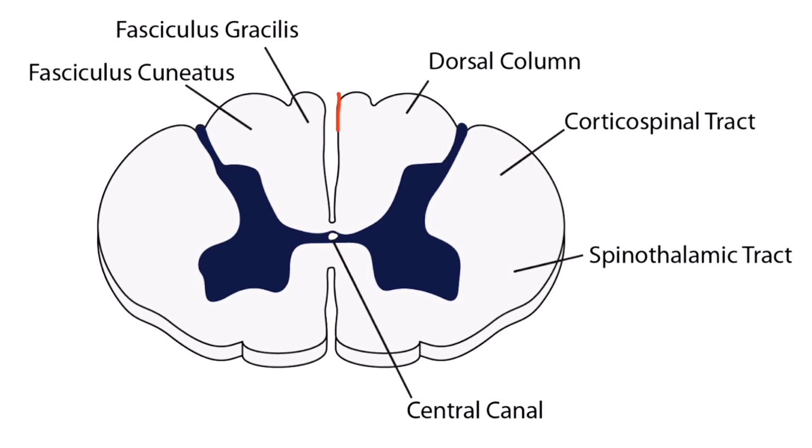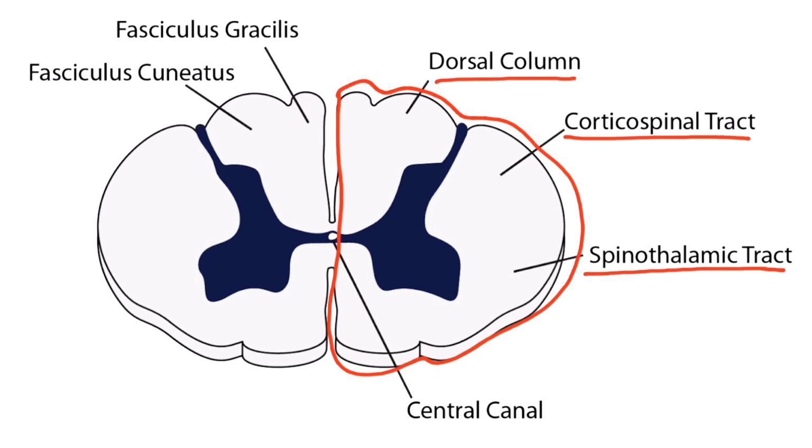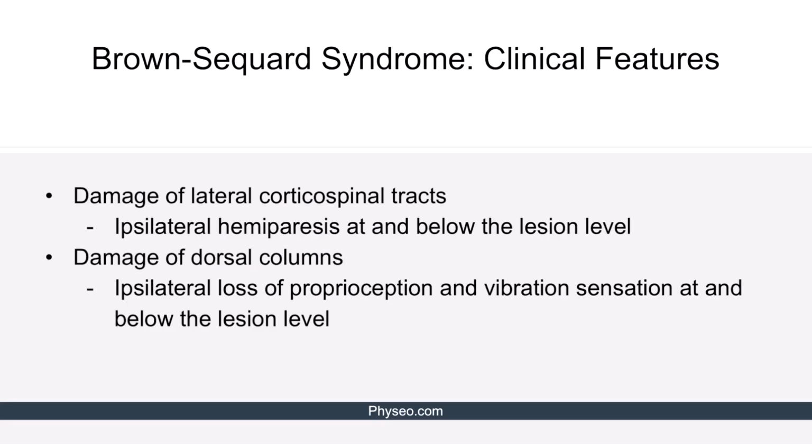Here's a cross-section of the spinal cord. In Brown-Sequard syndrome, this side or the other side is affected. This results in damage of spinothalamic tracts, corticospinal tracts, dorsal column, and anterior horn cell. Let's pay special attention to the clinical features of Brown-Sequard syndrome, as they are frequently tested on the Step 2